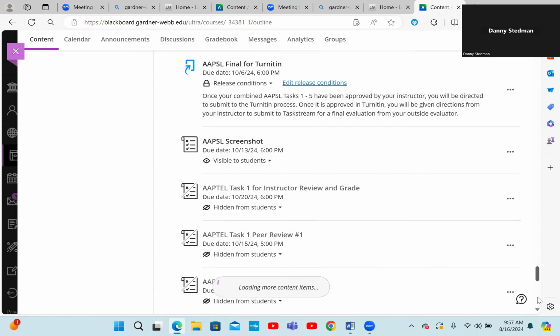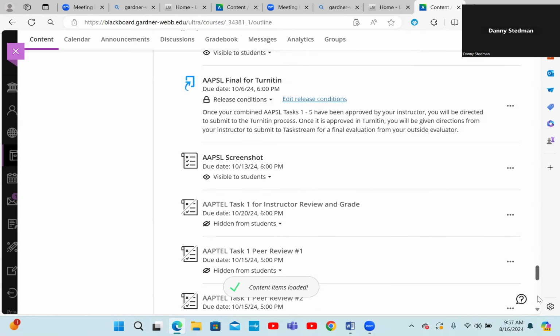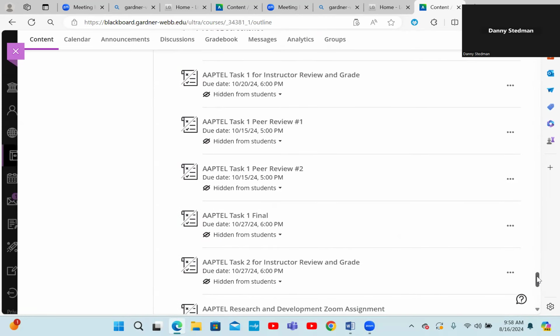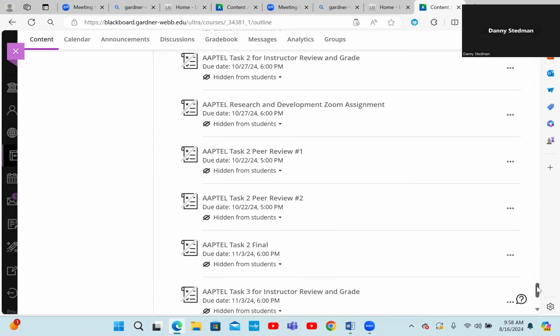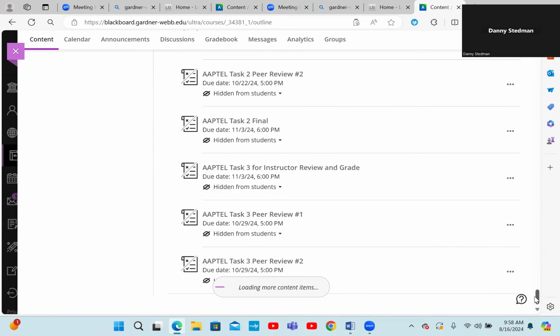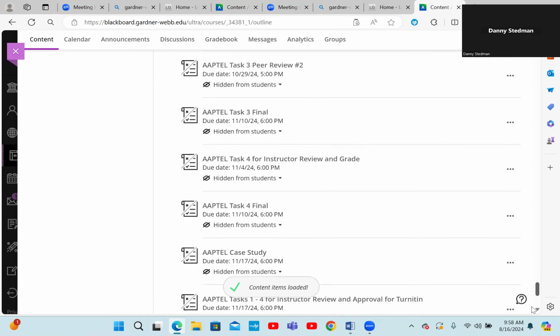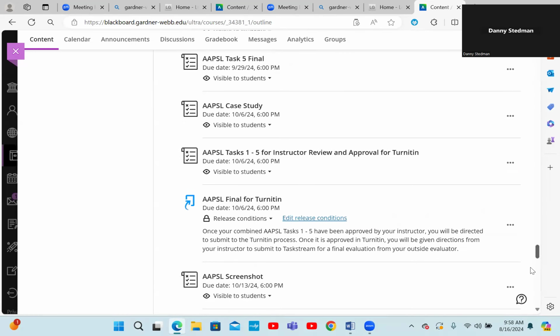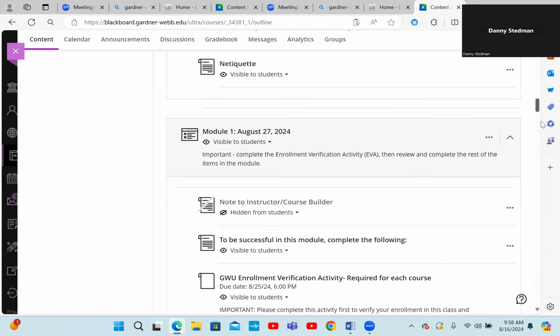And then once it's submitted to TaskStream for a final grade, your final grade will be put here for a screenshot, and then evidence one will be over with, and we'll start the same process with the APTEL, which is the second evidence. All of those are closed to you right now, hidden from the students, because there's no need for you to look at this information, but the process will be the same as everything that we've done for task one of